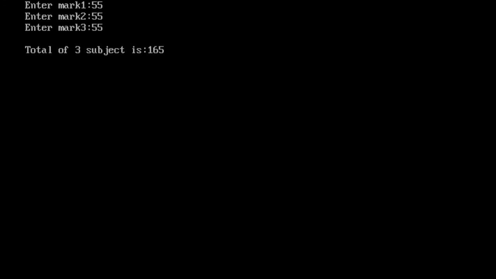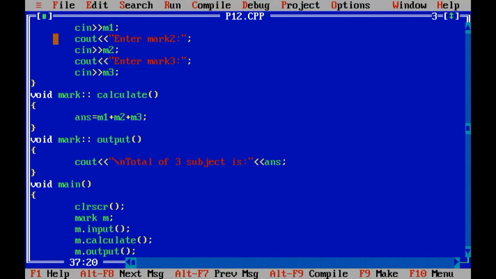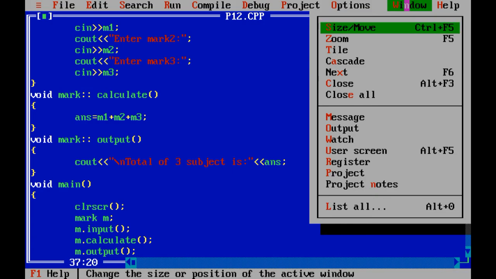And in our next session we are going to see the concept of nesting of member function. We are going to call a member function inside another function, so that is called nesting of member function. That topic we are going to see in our next session.